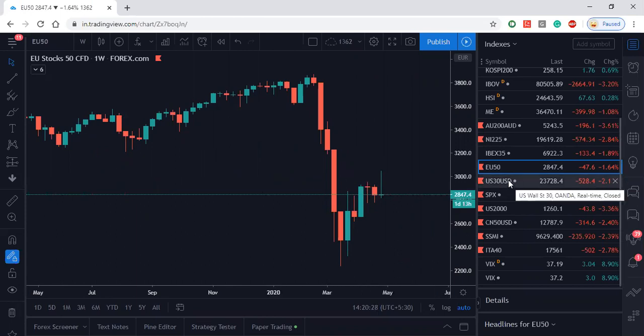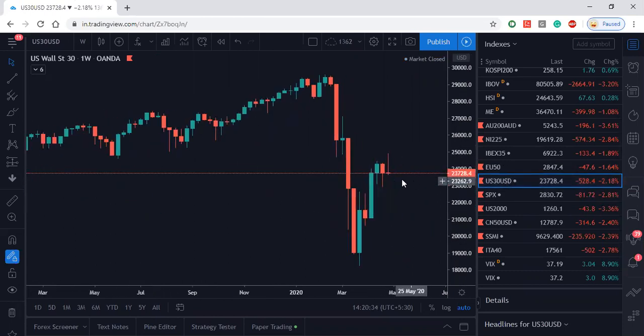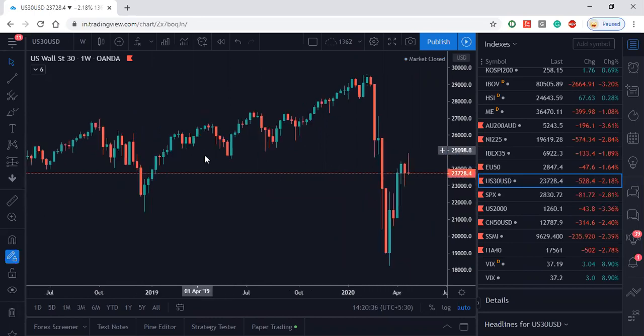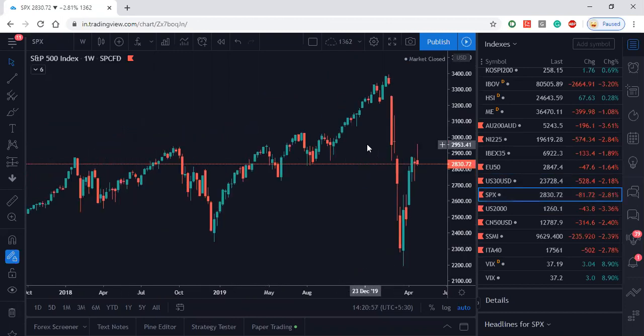Now let us take a look at the Wall Street 30. Same thing, strong rejection at a good resistance, previous resistance, right? So remember all this is a major fall. This is a change of trend, and this is the correction. What is all this indicating is that the correction is done, which means we should be resuming the trend, which is right now a downward trend. Okay, we're just talking technically.